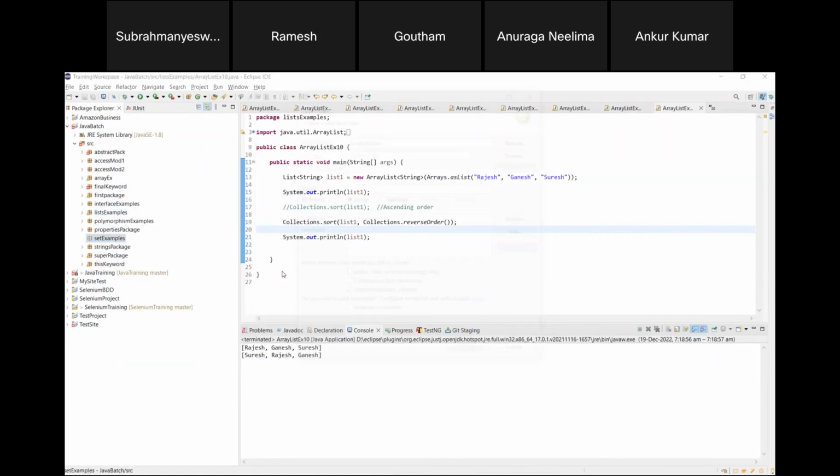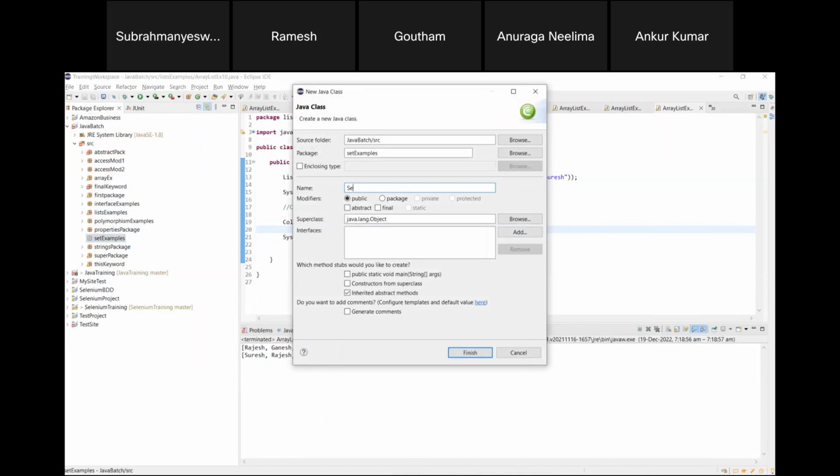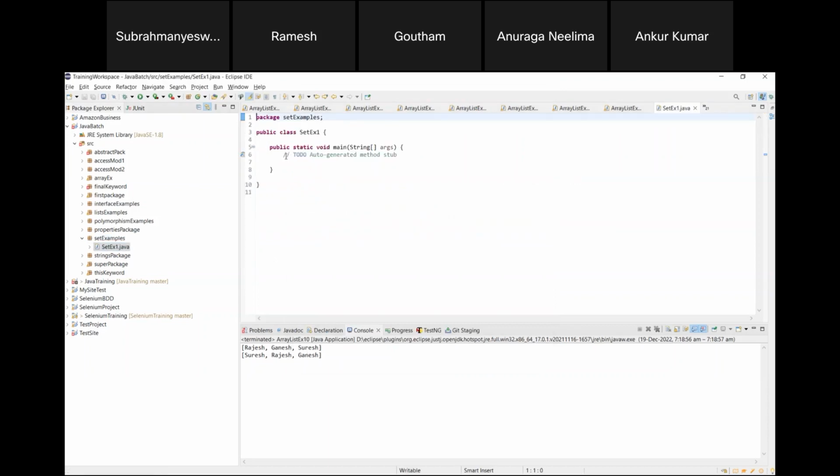New class, set example one. I'm creating a new class under this one. So public static void main string args. Okay, set example one. In this example,